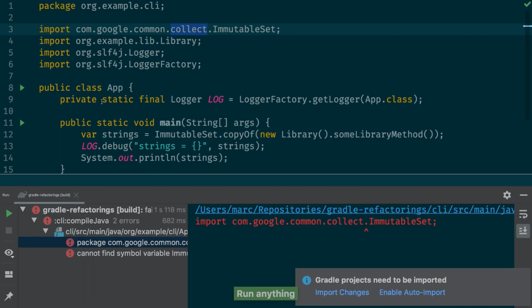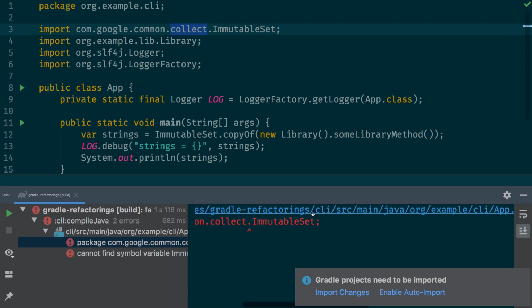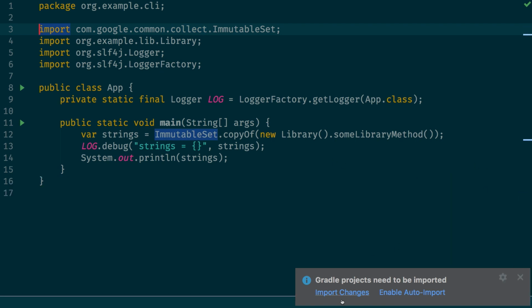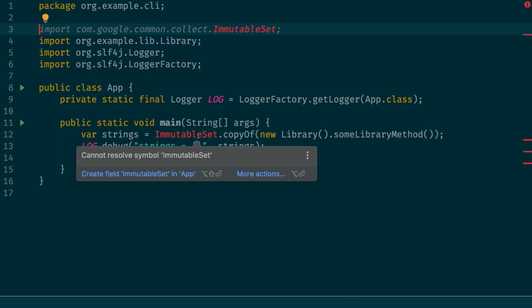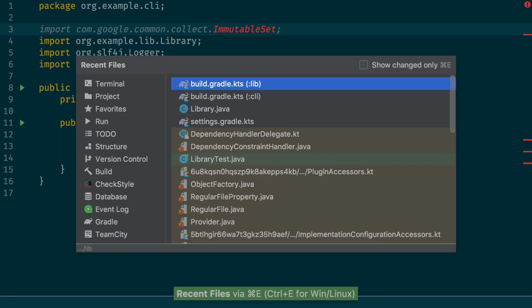I get a compile error. Why is that? So where is the compile error located? It's in the CLI subproject, and it's in the app class. So if I import the changes in here, I also get the compile error in IntelliJ. Yes, you cannot resolve immutable set, which is the class from Guava, and that's because we changed compile to implementation